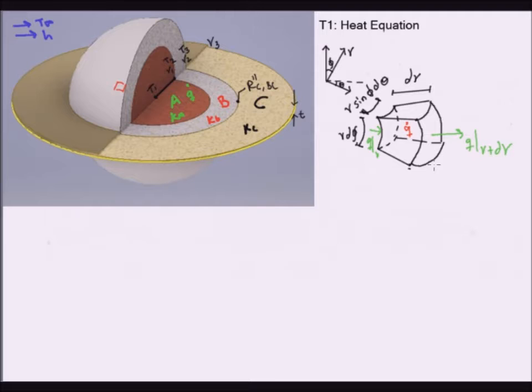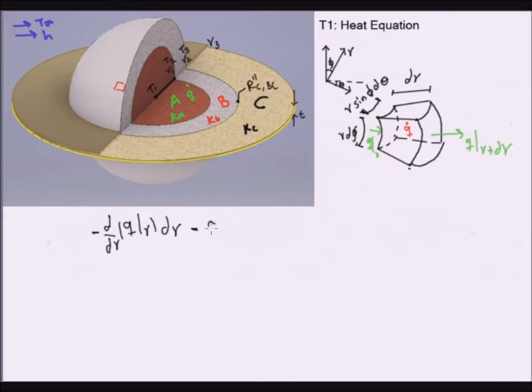Okay, so then when we develop the expressions for in minus out plus generation equals accumulation, we notice that accumulation is equal to 0, and that subtracting Q evaluated at R minus Q evaluated at R plus dr from our Taylor series expansion, we just get the following. So we get minus d by dr of Q evaluated at R times dr, and then we also have to subtract, because in this case the generation of heat is negative, we're consuming heat,